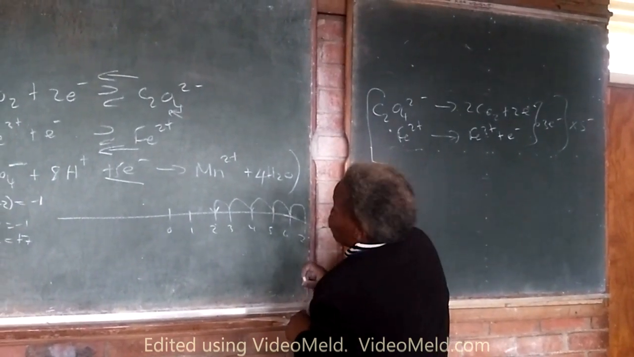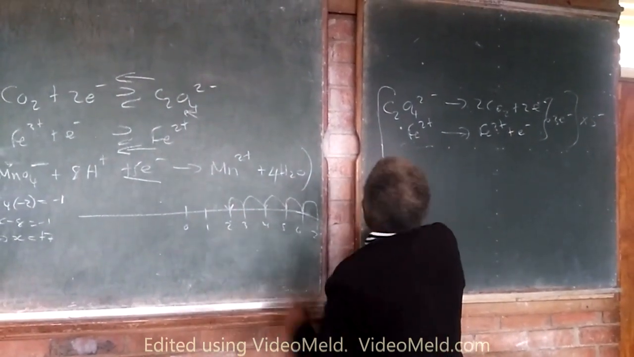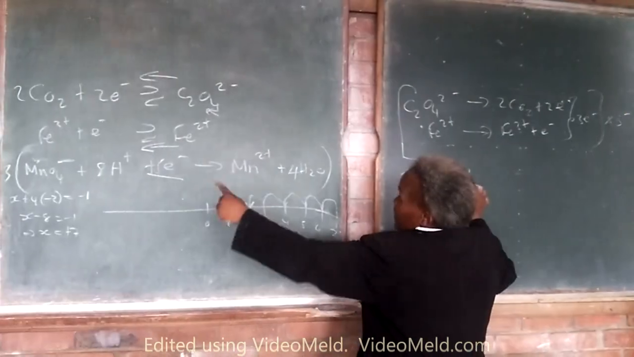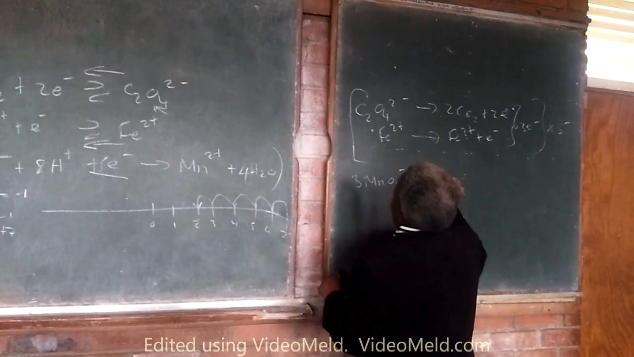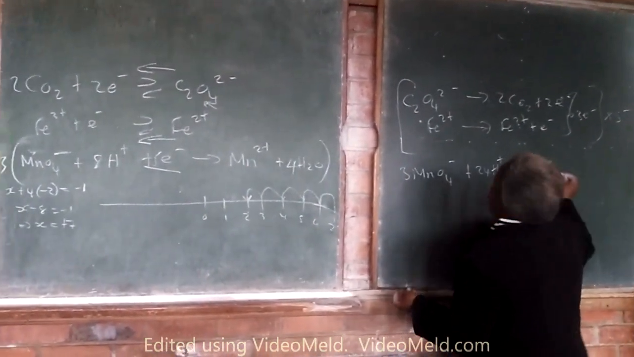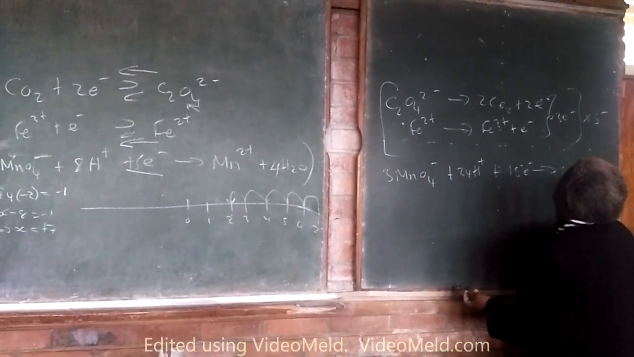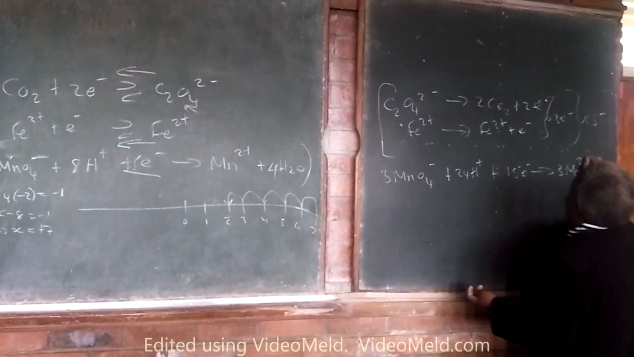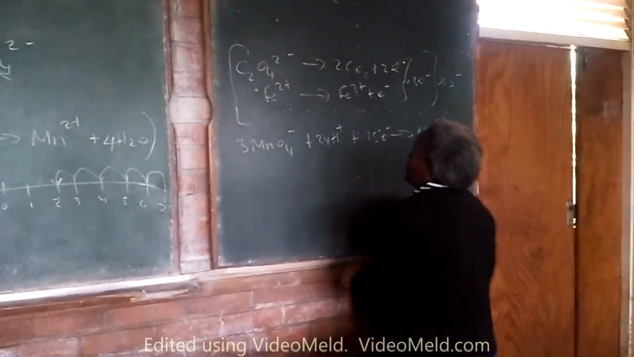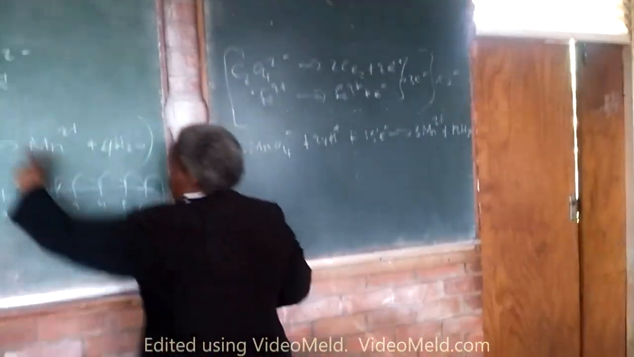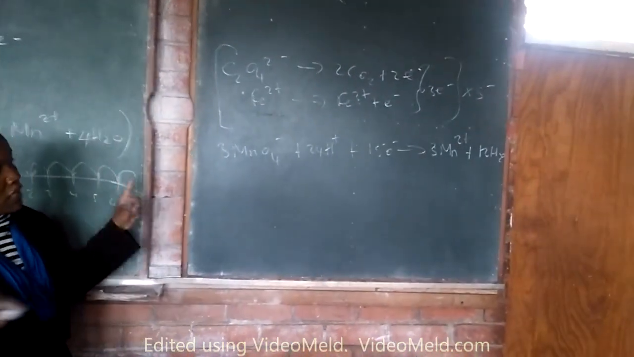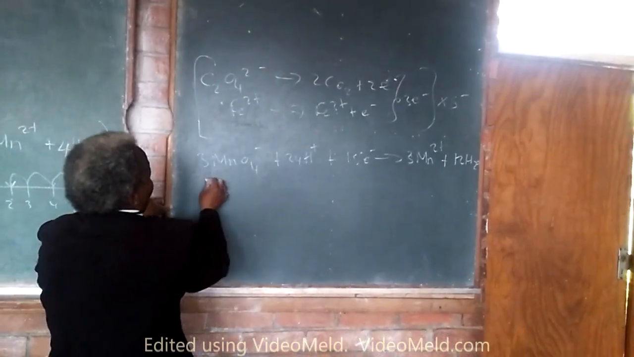By so doing, the first one becomes 3 MnO4- plus 3 times 8 gives us 24 H+, plus 3 times 5, 15 electrons, giving 3 Mn2+ plus 4 times 3, 12 waters. Everything inside the brackets, upon removal of brackets, must be affected by the factor outside. So this one is now 5